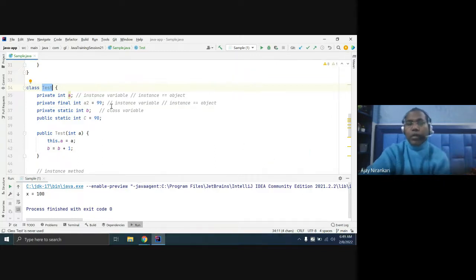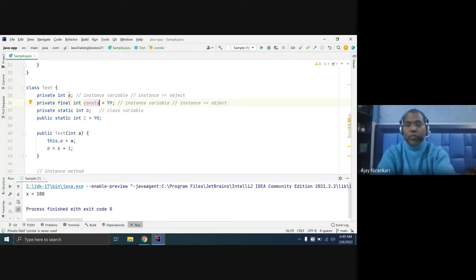So we have another option. If any variable is final, or you can say constant, sometimes in other languages it is known as a constant, like a C constant var.